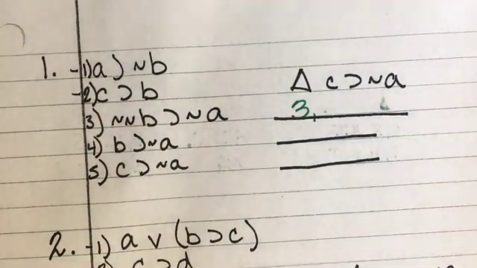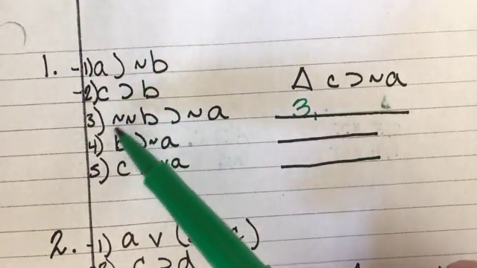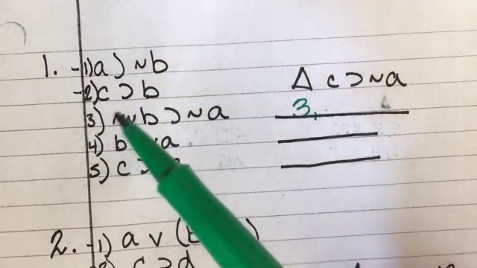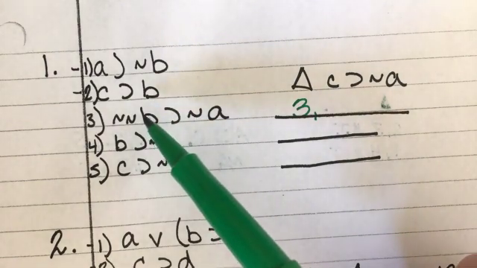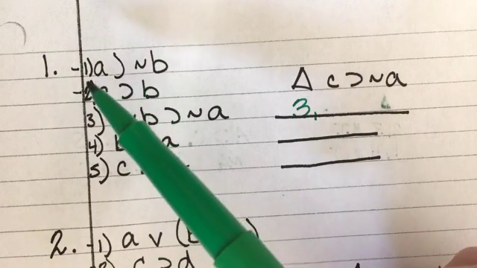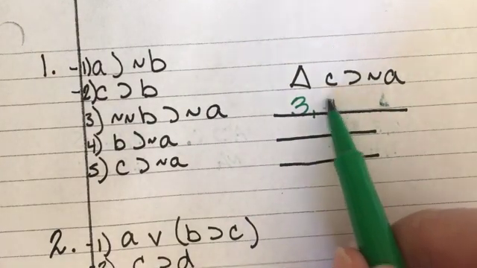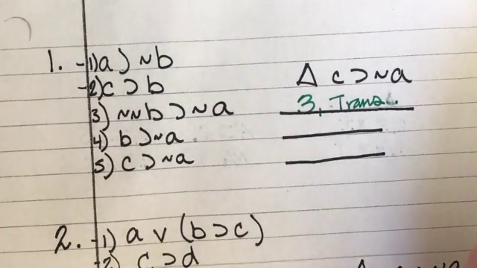Transposition. So I flip the consequent and the antecedent and negate them both. So you'll see I took my B and put it at the front and added a negation because I needed to negate it, which meant that I needed to add a negation to an already negation, which should give us a clue about our next one. And then I flipped the A to be the consequent, and now it's negated. So I used 3, transposition,